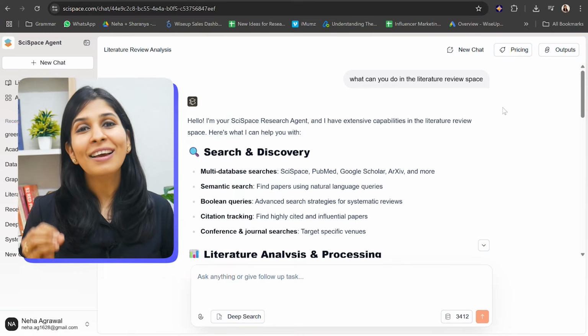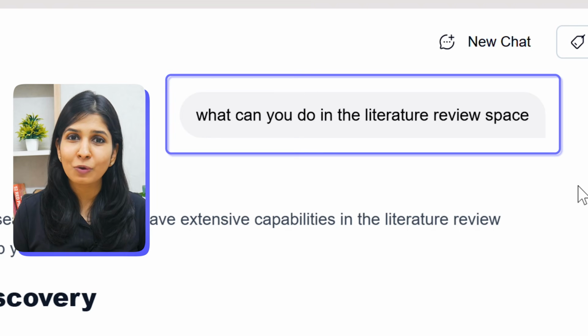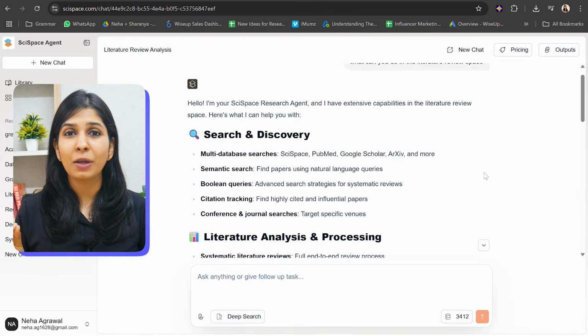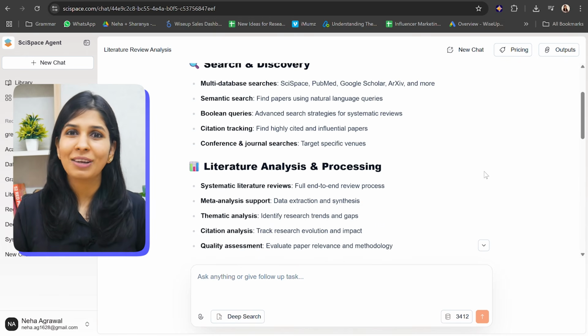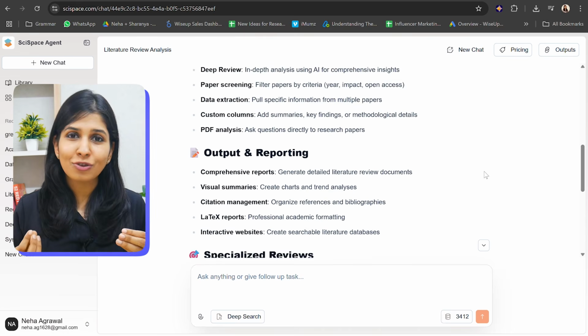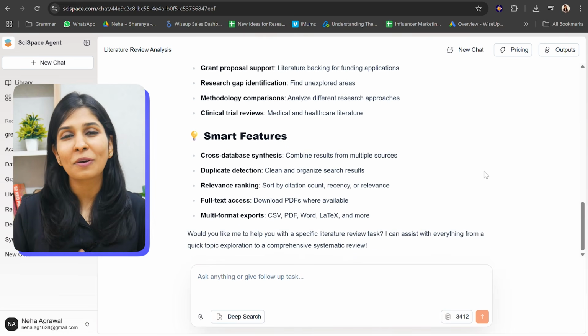So in order to understand or explore what this tool can achieve, simply go to the AI agent and ask. For example, here I gave the command, can you tell me how you can help me in the literature review process? And the tool came up with a host of things it can help me with. Some of them did not even come to my mind. So whenever in doubt, simply go to the agent and talk to it as if you would talk to a fellow research assistant or a co-scientist.